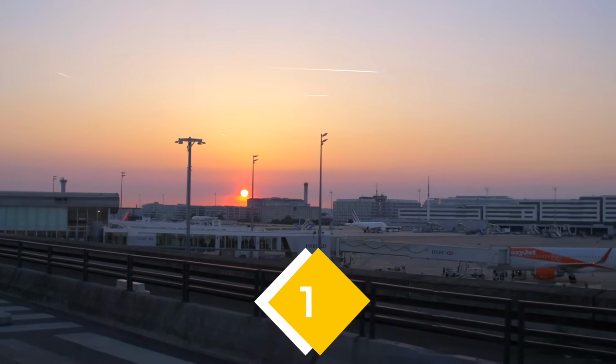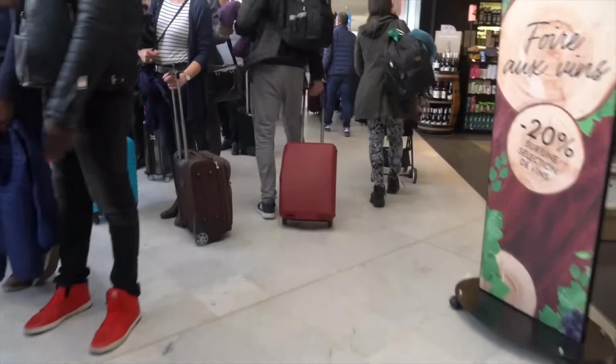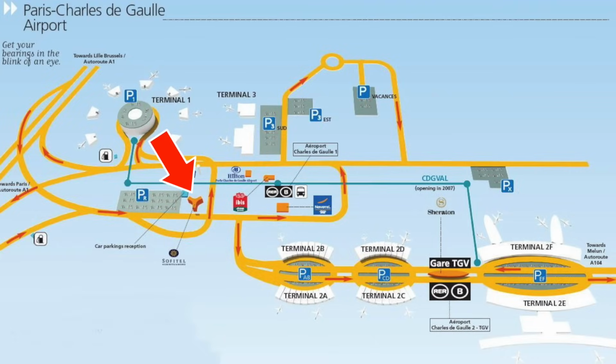Now, the first tip is to give yourself plenty of time. And some people prefer to avoid the entire stress and get a hotel room next to the airport for their last night in town. Now, there are plenty of options near the airport, including one inside the airport,